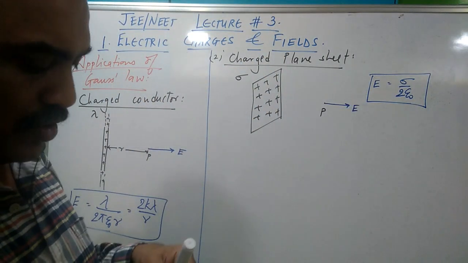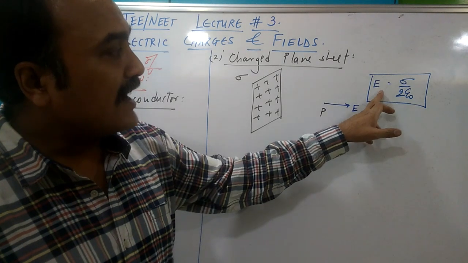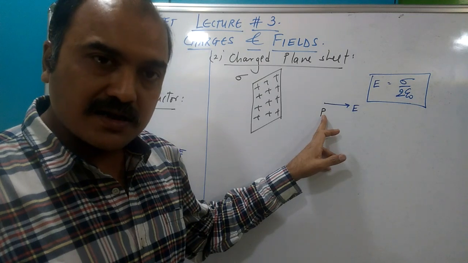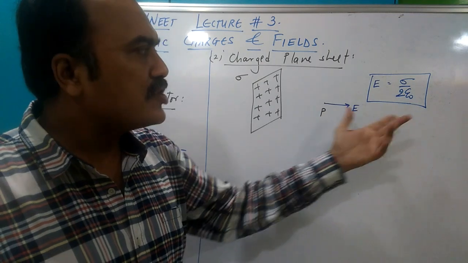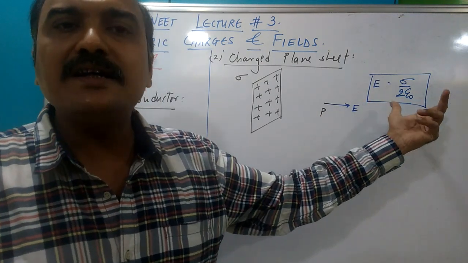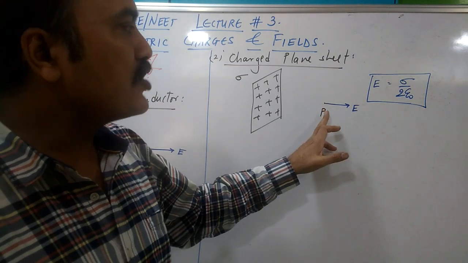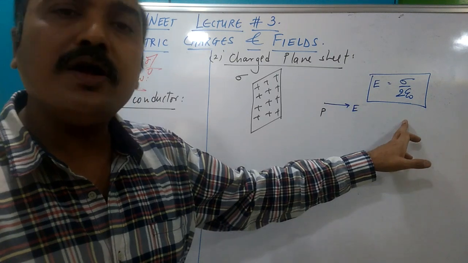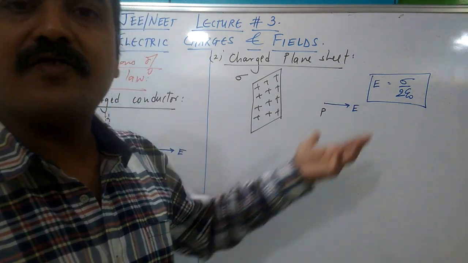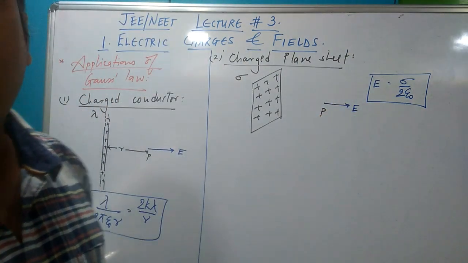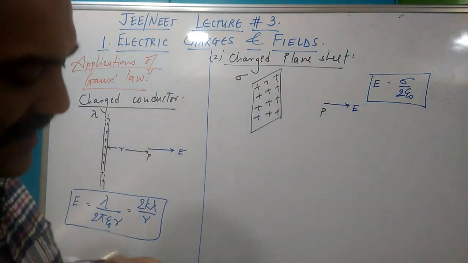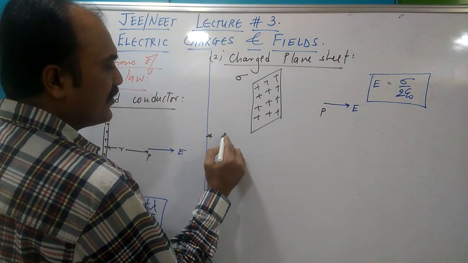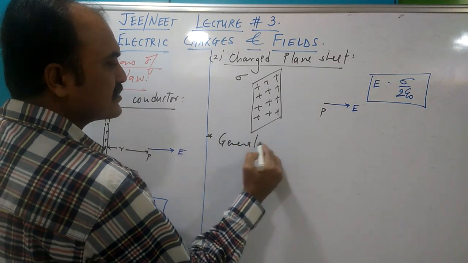So if you are watching closely, you will see that there is no mention of distance. So the electric field at this point does not depend on distance. It is independent of distance. So even if this point P is here or here or here or here, the net electric field will remain sigma by 2 epsilon 0. Let me take up a special case. You have seen this also. First, let us take a general case.